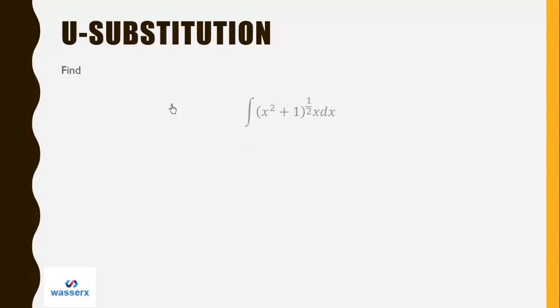For example, the integral of (x squared plus 1) to the power 1 over 2, x dx. We can't expand this so that we can integrate directly. But what we can do is to do a substitution. So if you let u be equal to x squared plus 1,